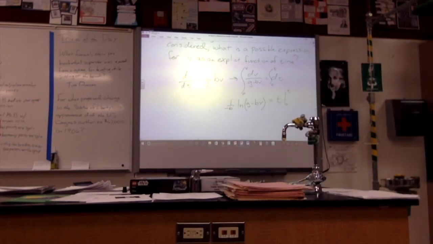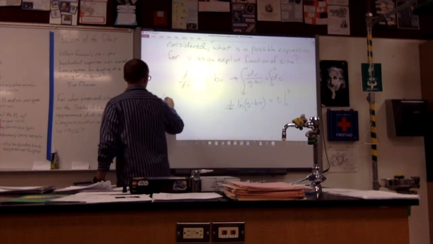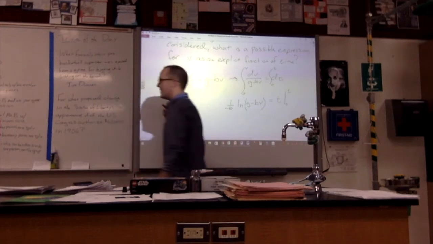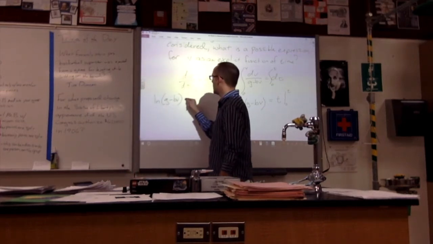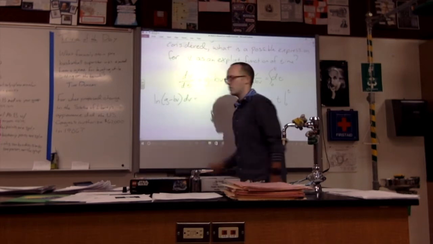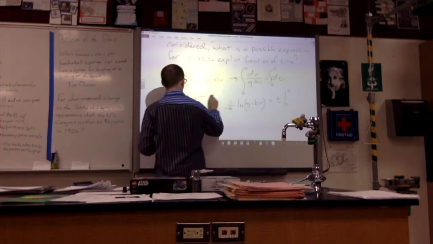Does that make sense now? Can you actually do the derivative? If I did this, dividing by negative b, with respect to v, I would get ln. What would I get? I'd get 1 over